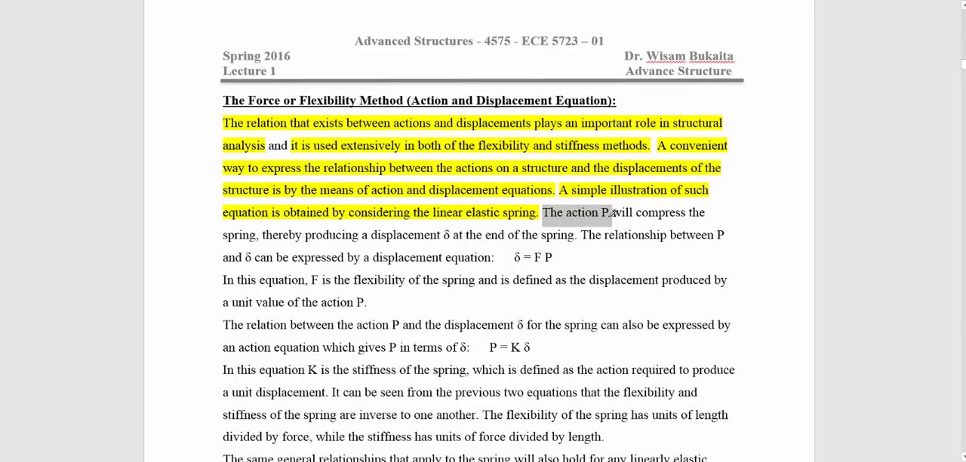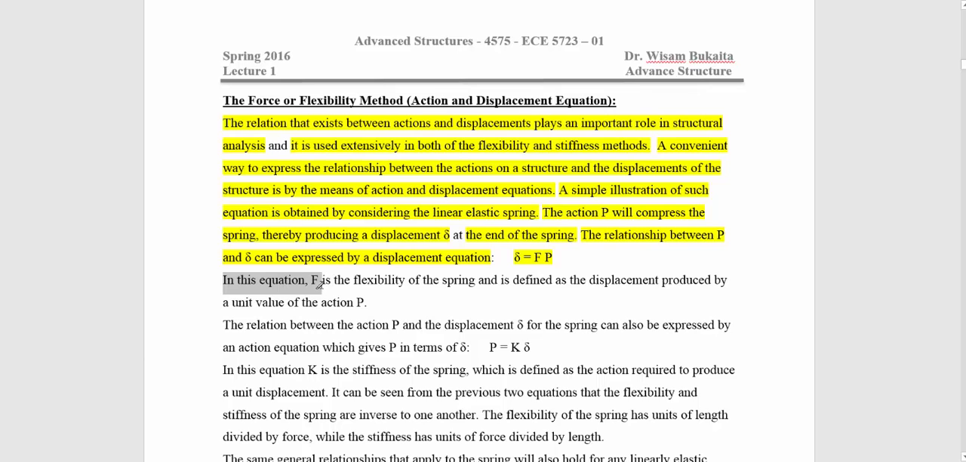The action P, which is the applied load P, will compress the spring, thereby producing a displacement delta at the end of the spring. The relationship between the applied force P and the produced delta can be expressed by a displacement equation. This equation is delta equals flexibility times applied force P. In this equation,